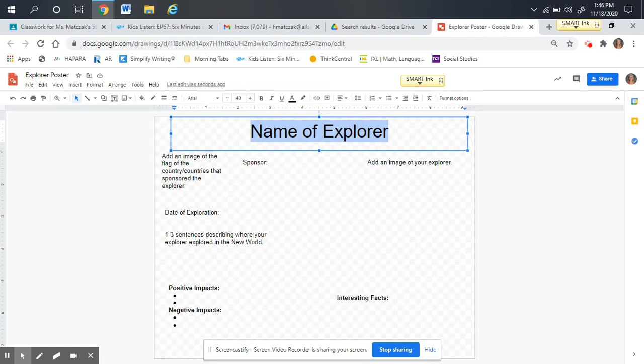Then you can go ahead and type in, let's say you did John Cabot. Okay. So you would type in the name of your Explorer. You can play around with the font. You can highlight it, change the font. You can change the color. You can make it larger, make it smaller, whatever you'd like to do, as long as it's clear that the name of your poster is kind of like the first focal point,